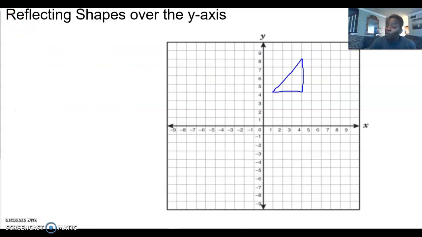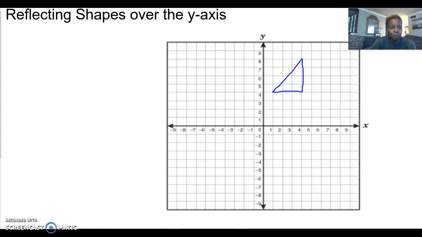So here we go. We're getting ready to look at a triangle. How do we reflect it from our quadrant 1 over our y-axis into quadrant 2? Again, we follow the same steps, guys, the same steps, okay? So make sure that you draw a second coordinate plane. Again, you don't need the small units, the little small boxes. All you need is your y-axis and your x-axis. So go ahead, pause the video and get that drawn,